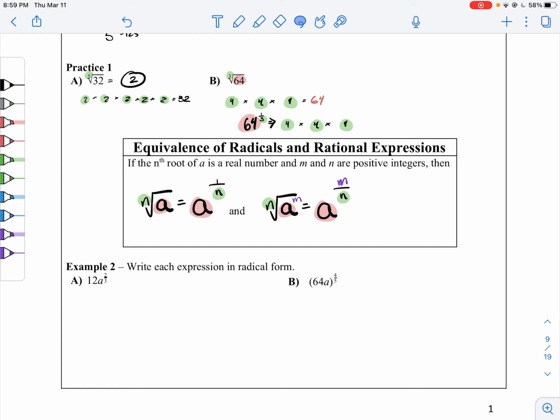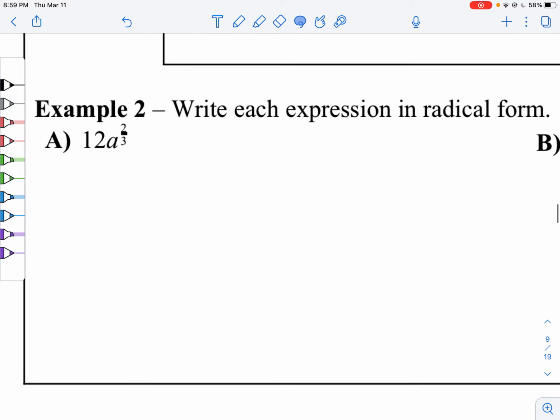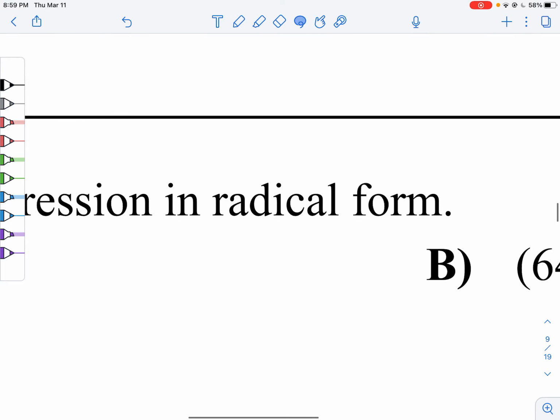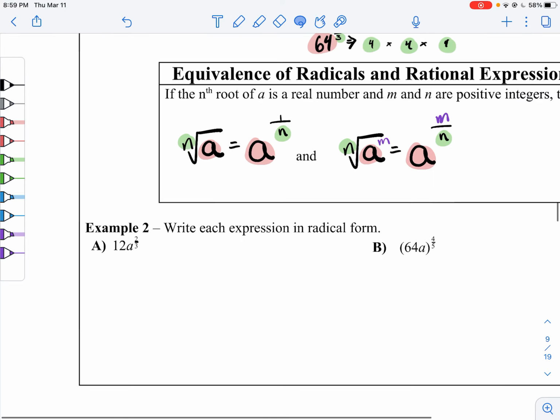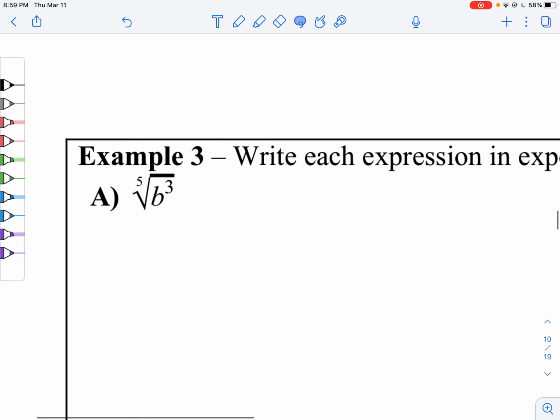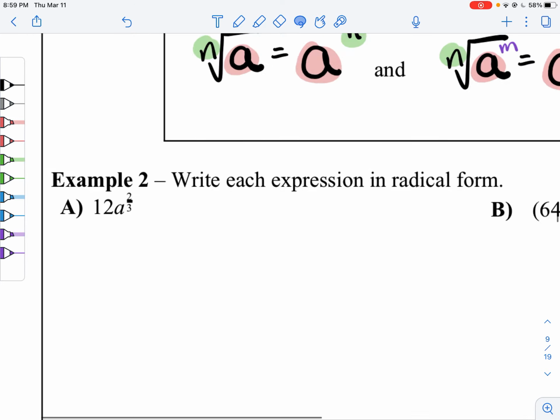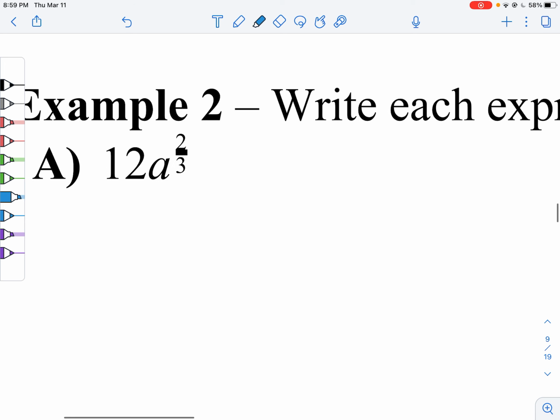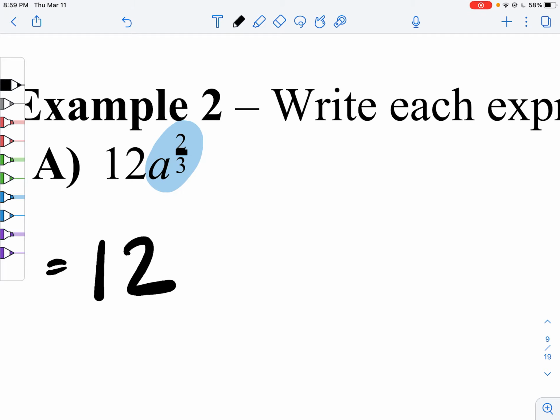So let's rewrite these guys with exponents. Oh, they already have exponents. Let's write them in radical form, and then we'll write the radicals with exponents. Remember that exponents only apply to their variable unless they're in parentheses, but here there are no parentheses. So we're going to leave the 12 alone. That's the same thing as 12 times